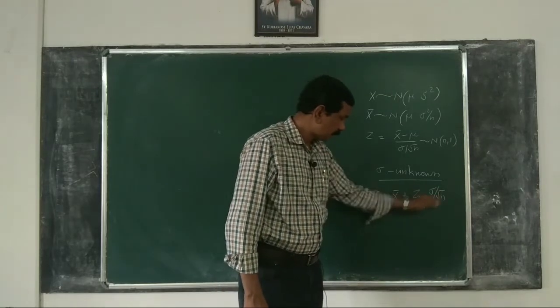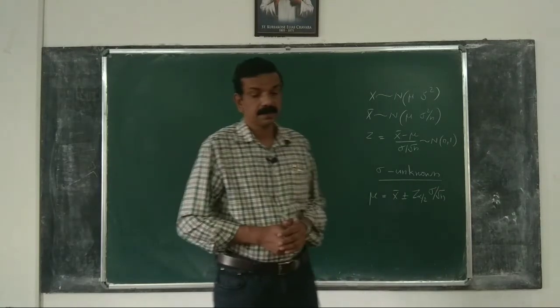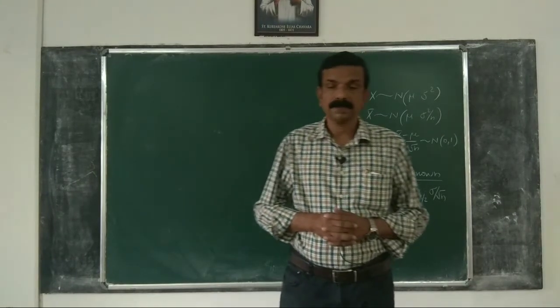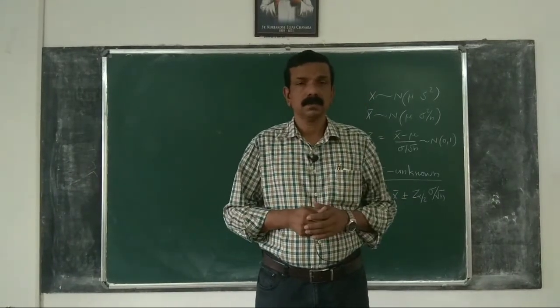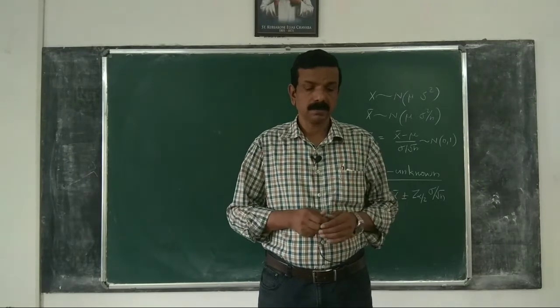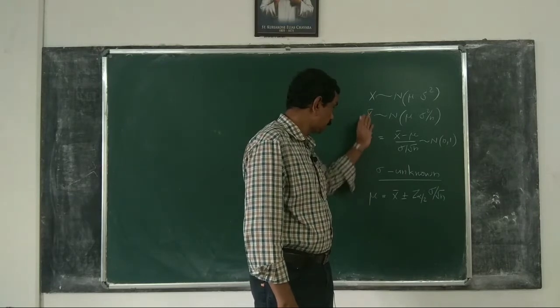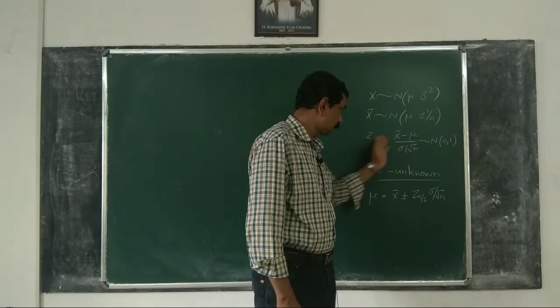This procedure is valid if and only if sigma is known. So, if sigma is unknown, as is the usual case, we cannot use the standardized version of x bar to